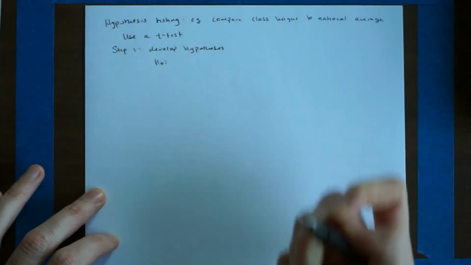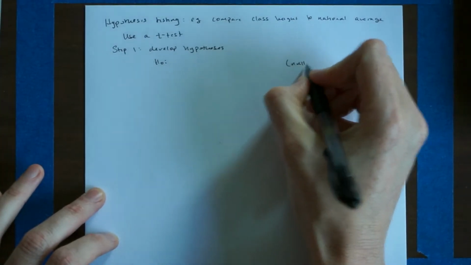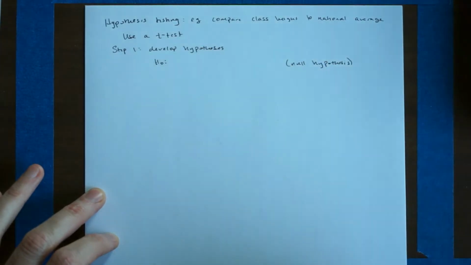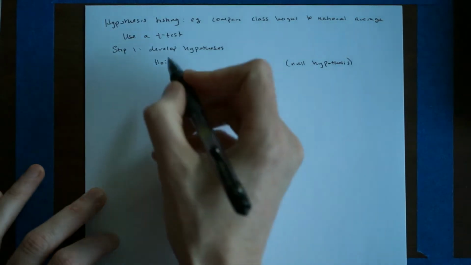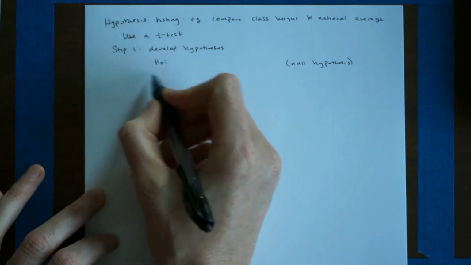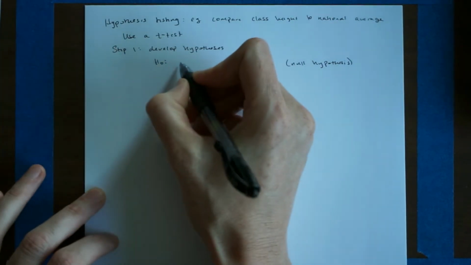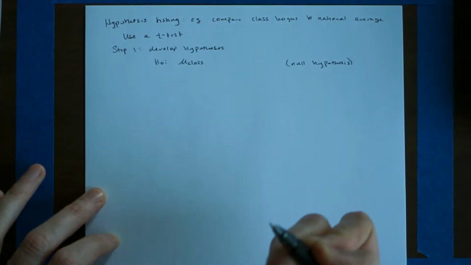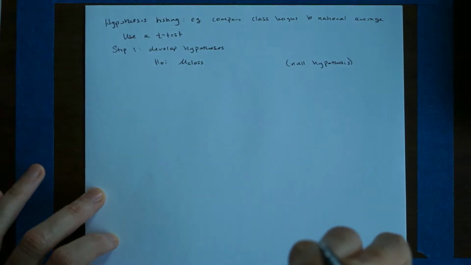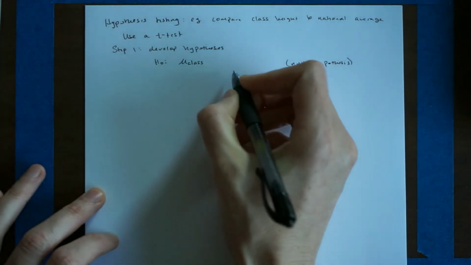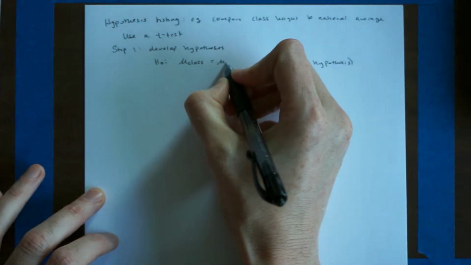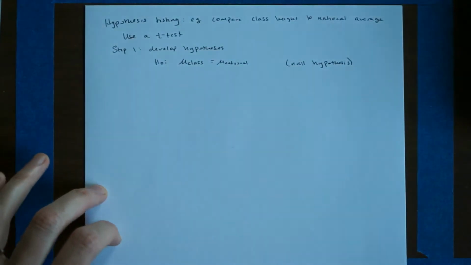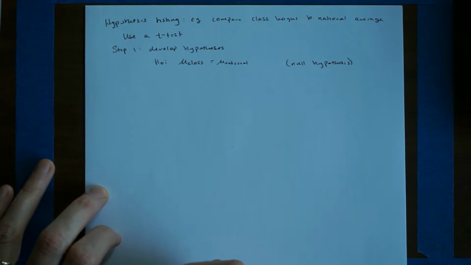So the null hypothesis we write as H naught, and then we give it a semicolon so that we're saying this is my null hypothesis. I'm going to say mu class. So the null hypothesis in this case would be that there is no difference between our class average height and the national average. So the null hypothesis is that there's no difference detectable,